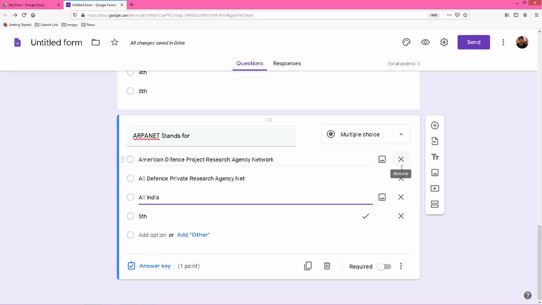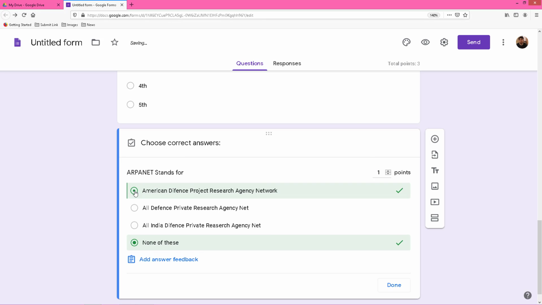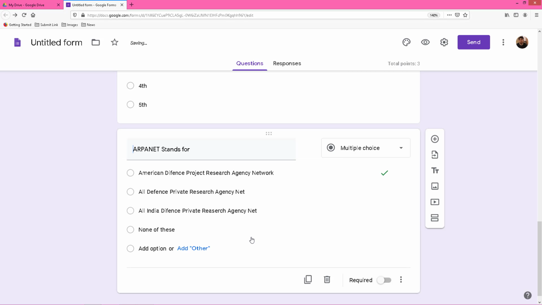All India defense private research agency net. And the last one, none of these. Go to the answer key, select the right one and click done. But make sure the point is allocated. Click the done button.